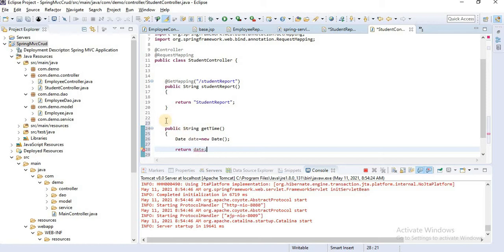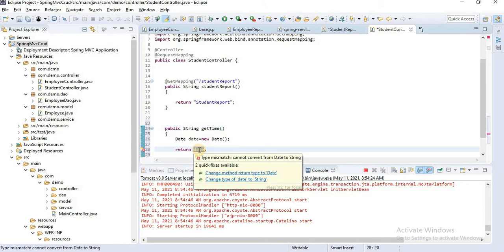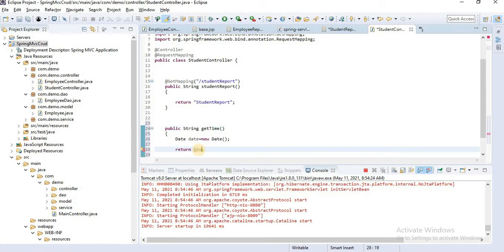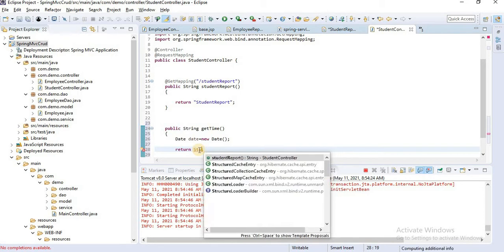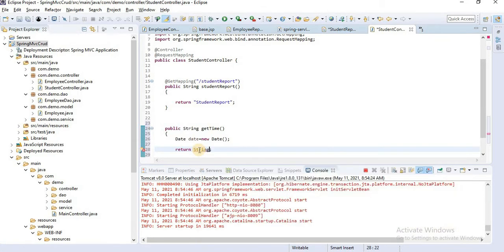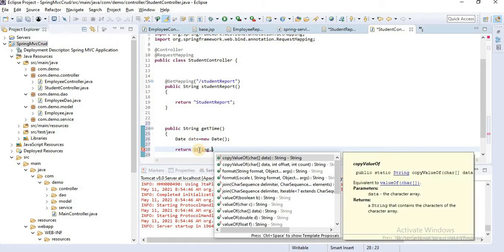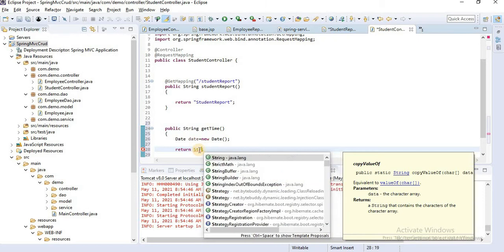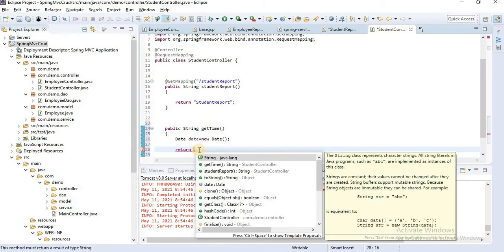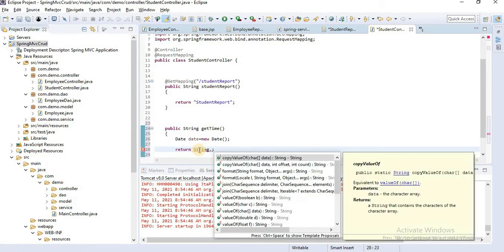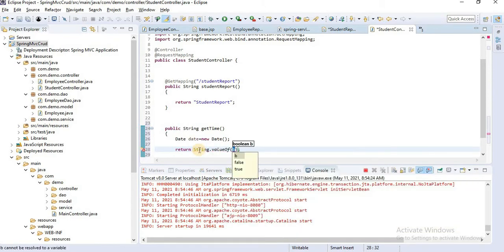The return type should be Date, but the return type we defined here is String. So let's convert this date to string, String.valueOf, and pass here date.